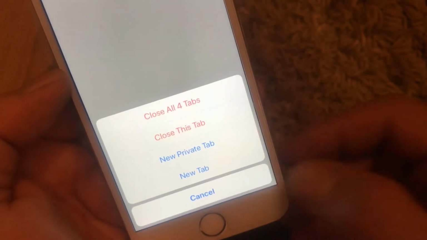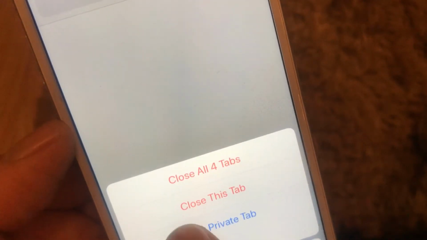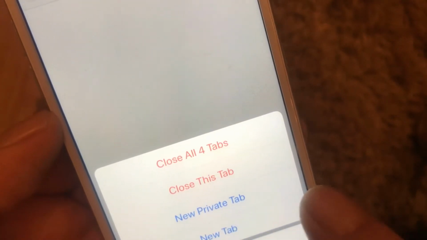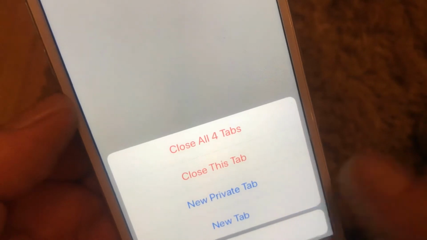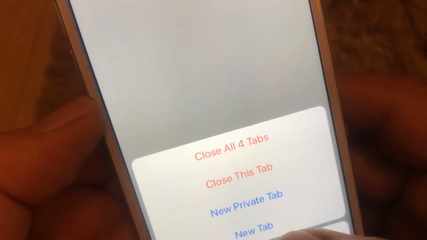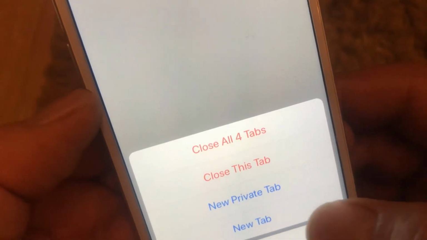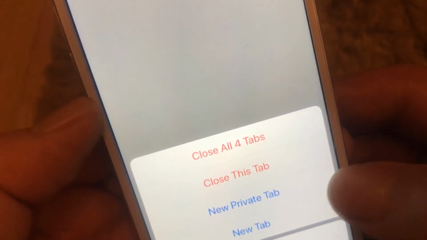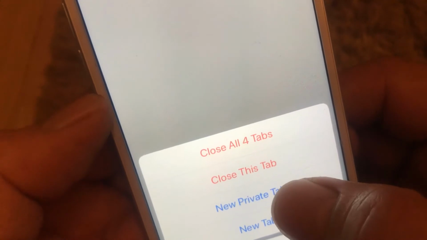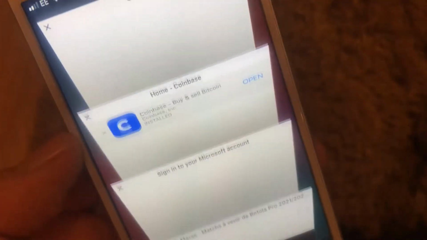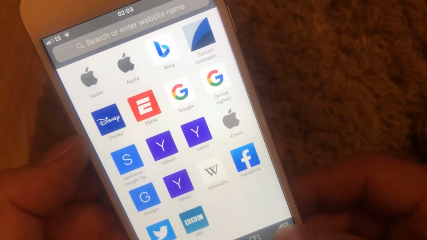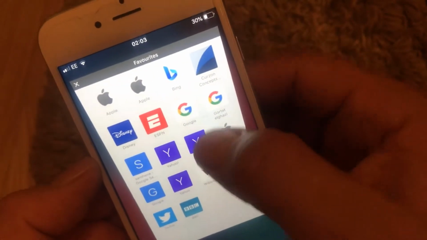this little icon, then it shows here new private tab. If you choose either new tab or new private tab: new tab is normal browsing, everything will be remembered. New private tab is a private tab, nothing will be remembered there. New private tab, then here you go, there is only one